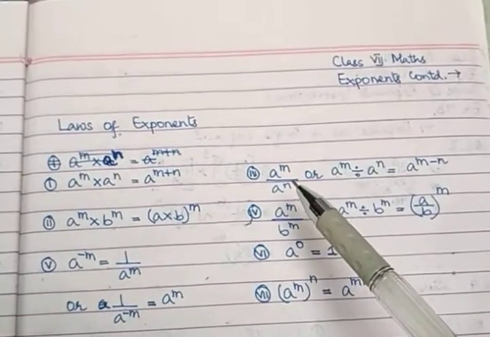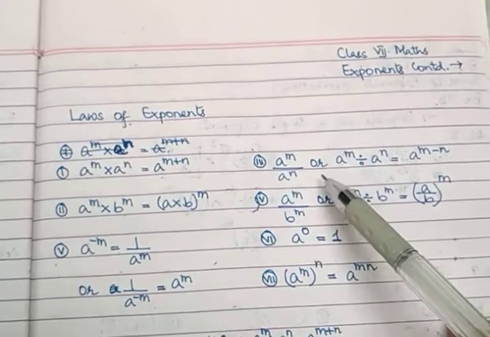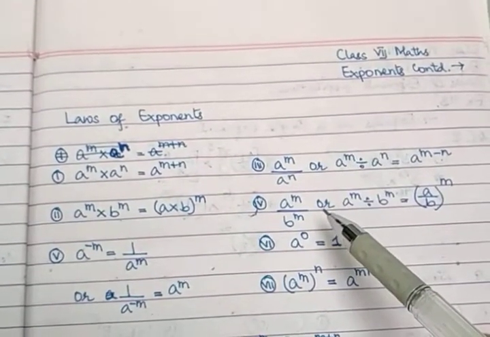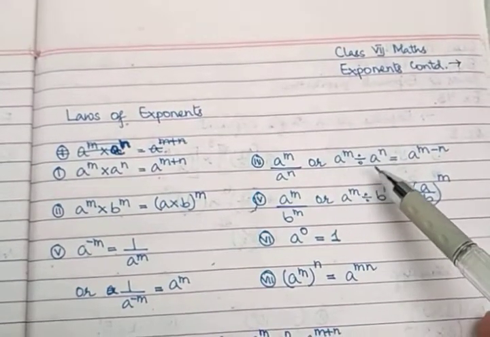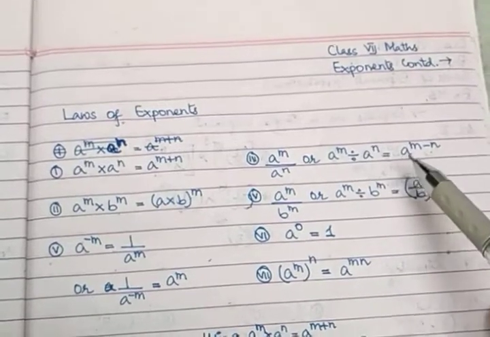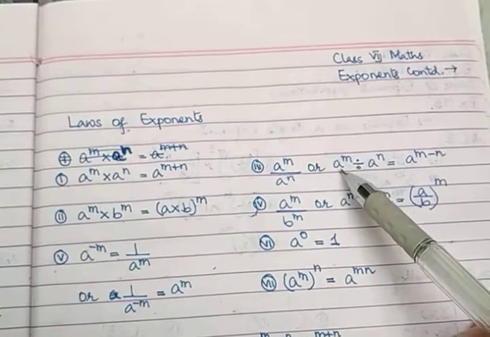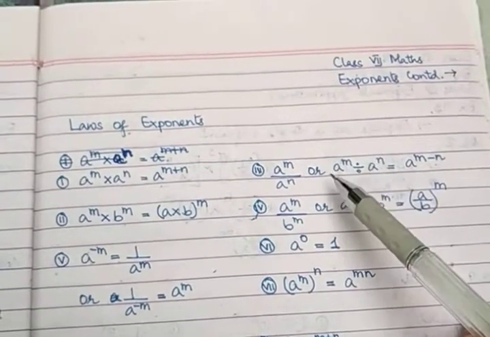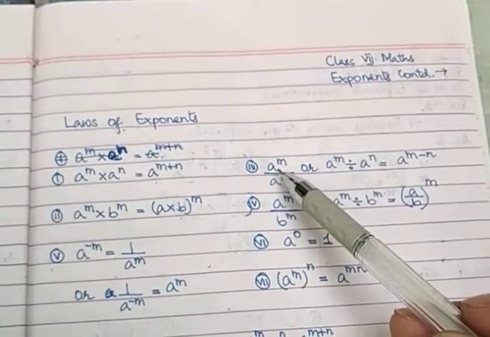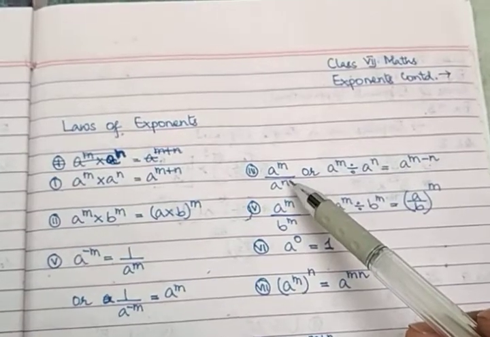Now, for the third one we have a to the power m divided by a to the power n. See, the same thing: this one I have written in fractional form and this one using the symbol. It is read the same, isn't it? a to the power m divided by a to the power n will be equal to a to the power m minus n. That is, for two exponential forms with the same base and different powers, if the relation is division,